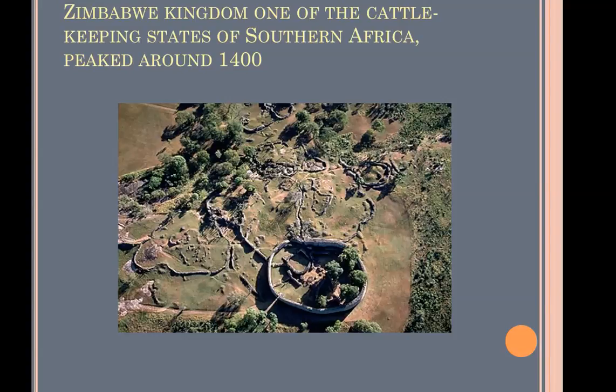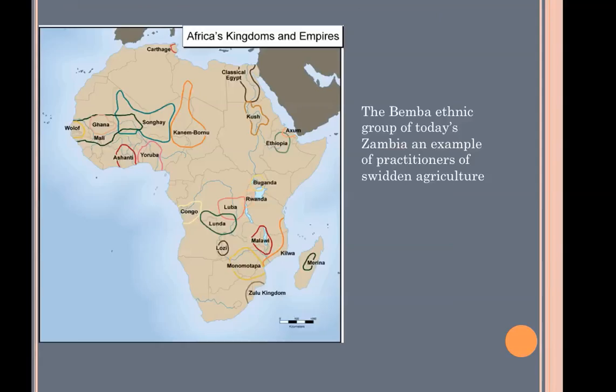They also were producers of gold in this region and engaged in Indian Ocean-based trade. And so we see the rise of a major political power in this region, known as Great Zimbabwe, from about 1200, and it peaked around 1400. It was an extensive society. The king was responsible for distributing land and distributing cattle to his followers. A place where a settled society was really made possible by the incorporation of cattle.